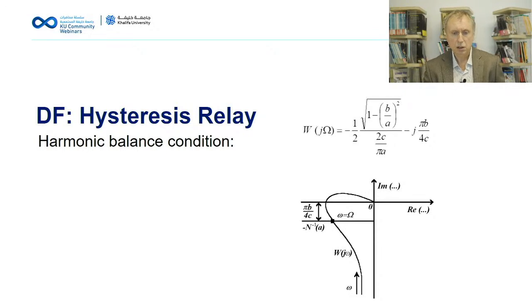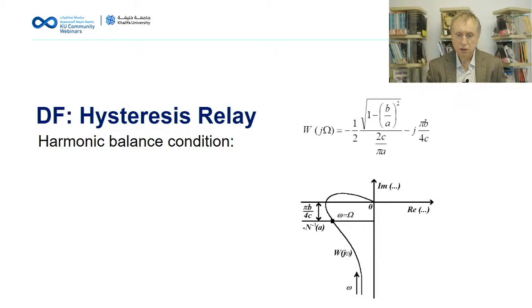And what is remarkable here is that the negative reciprocal of the describing function has the imaginary part, which is given here, which doesn't depend on the amplitude of the oscillations, which doesn't depend on A. It depends only on B and C, where B is the hysteresis value of the relay and C is the amplitude of the relay. So for a given relay, the imaginary part is constant, and as a result, the negative